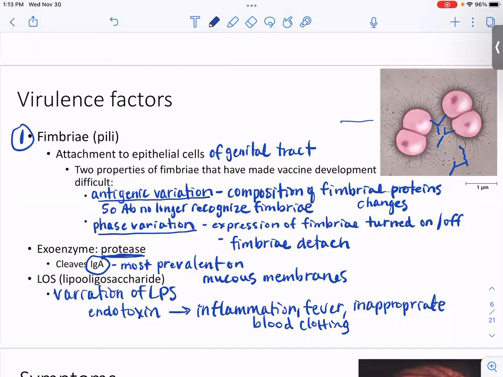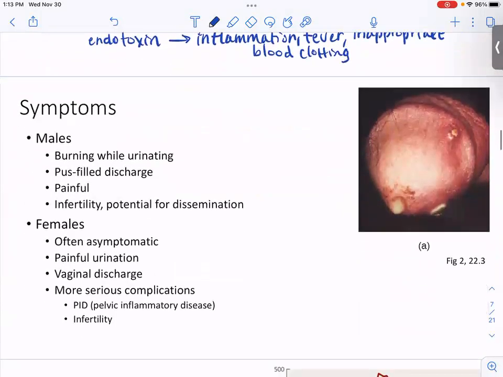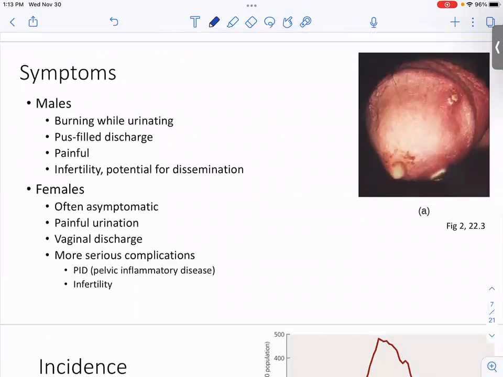All right, so let's look at what the disease looks like, the symptoms. Sorry about the graphic picture there. Symptoms are different in males and females because the anatomy is different. But typically, after an incubation phase of maybe 2 to 7 days after exposure, so after sexual intercourse, where there's no symptoms, remember incubation phases, no symptoms, then males typically will start having symptoms.